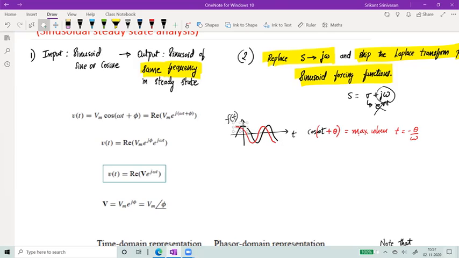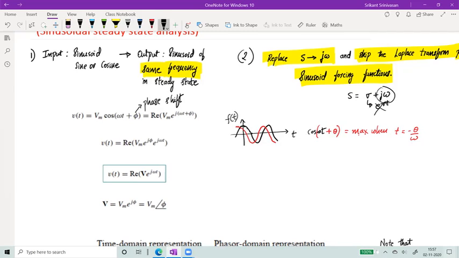So the red one is an advanced version of the black one. And otherwise, the rest of the shape is exactly the same. And therefore, this is also a cosine function, but it is just shifted by some value phi. And that phi is called a phase shift. In this case, there is a positive phase shift. That means it's advanced. If the phase shift is negative, if it is minus phi, then the function will start after 0, after t is equal to 0. Okay. So let me just erase these.